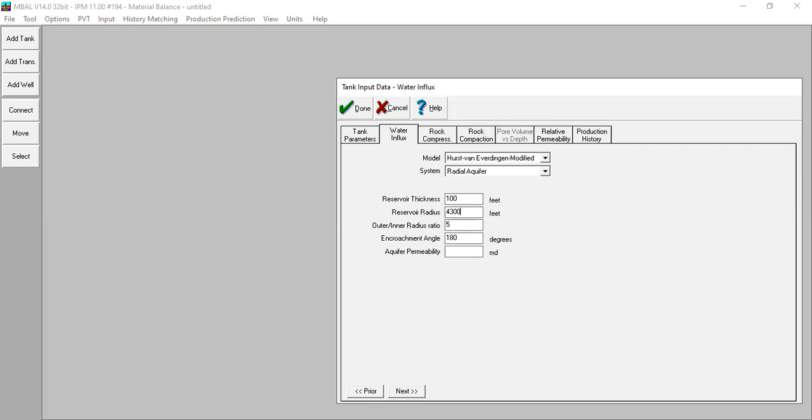You will know that you will have this parameter in Hurst van Everdingen, and the ratio is 5. And the encroachment angle, for example, is 10 degrees. Okay. And then for the aquifer permeability, for example, it is 12.5. Okay. Let's say we have done the analysis and this is our numbers.